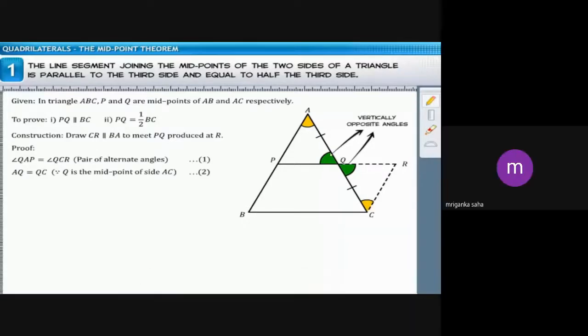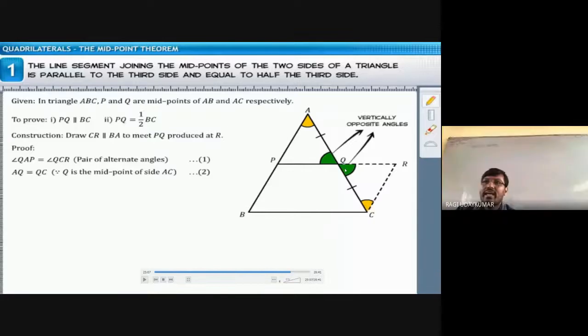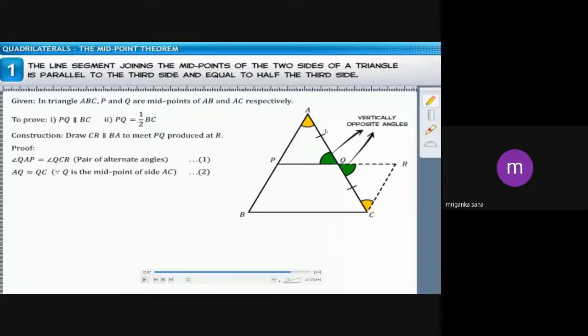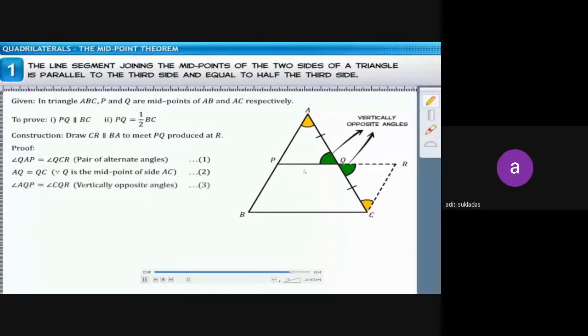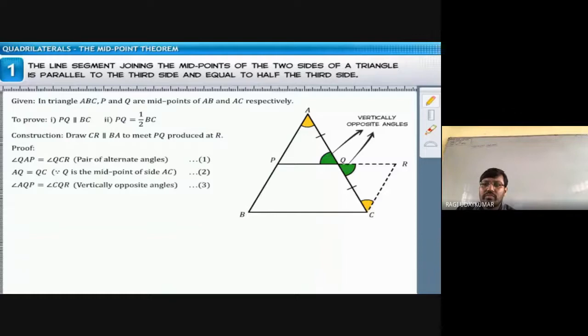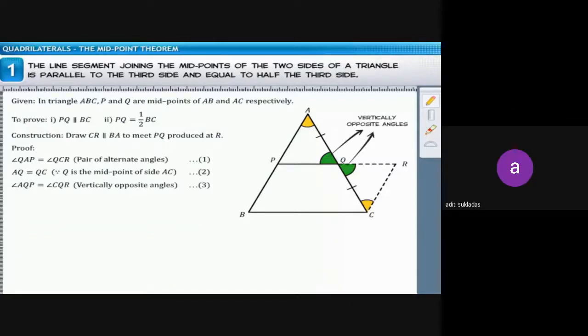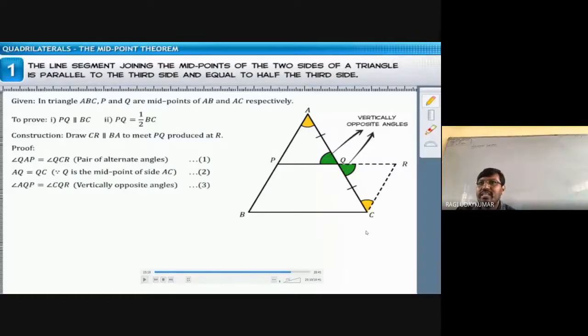Yes. PQA or AQP. PQA or AQP. And नीचे वाला angle, vertically opposite angle क्या है? That is, sir, C. Yes. CQR or RQC. Yes, tell me better. Sir, someone says RQC or CQR. Yes, RQC you can say, or CQR you can say. Very good. So the naming is very important.